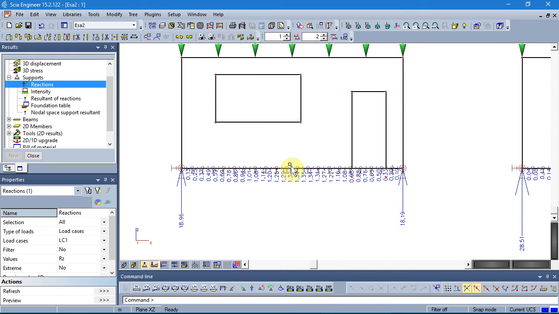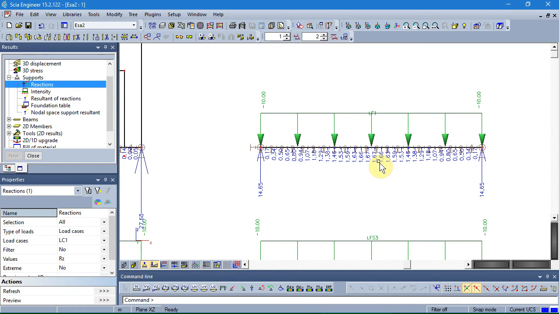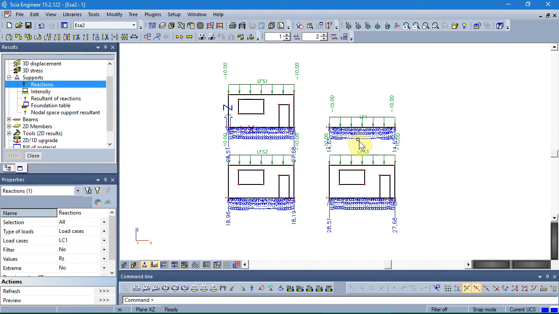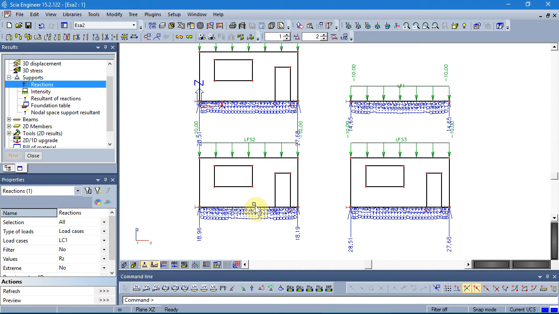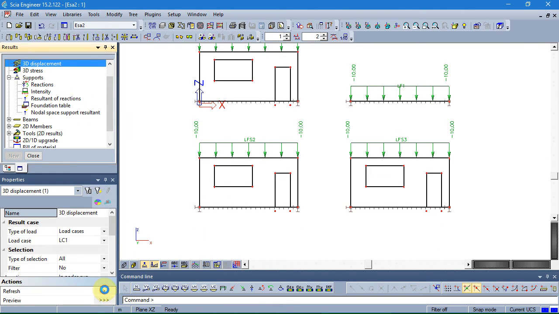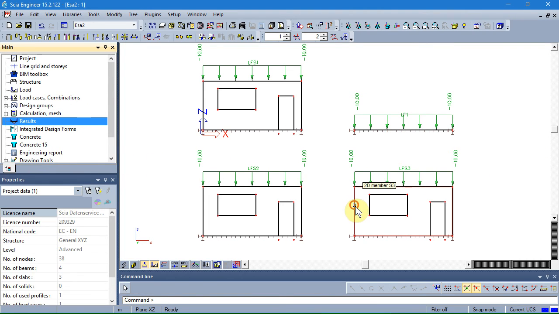And here 1.3, 0.3, and here we have 1.6. So we are closer to this model, but not very close, because we still have stiffness, the shear stiffness. We see it on the displacement. There is much smaller stiffness, but there is some, because if we don't have stiffness in these elements, then this deformation goes to infinity.